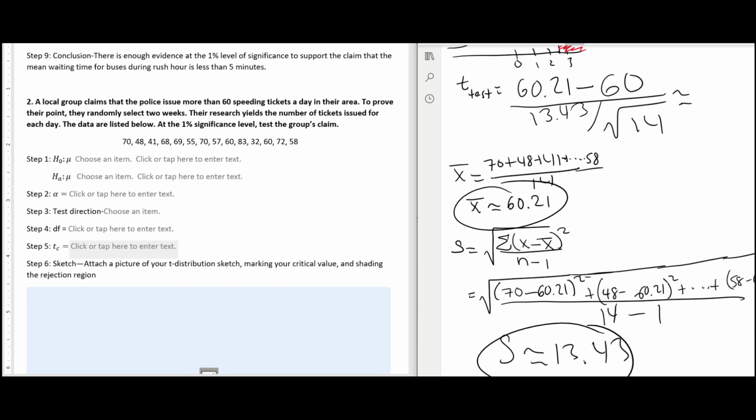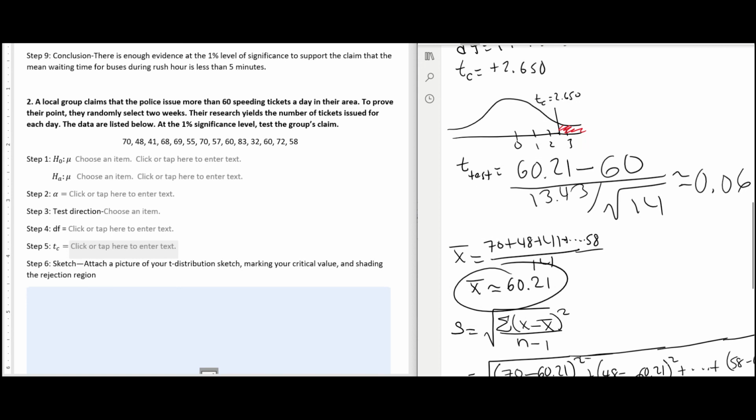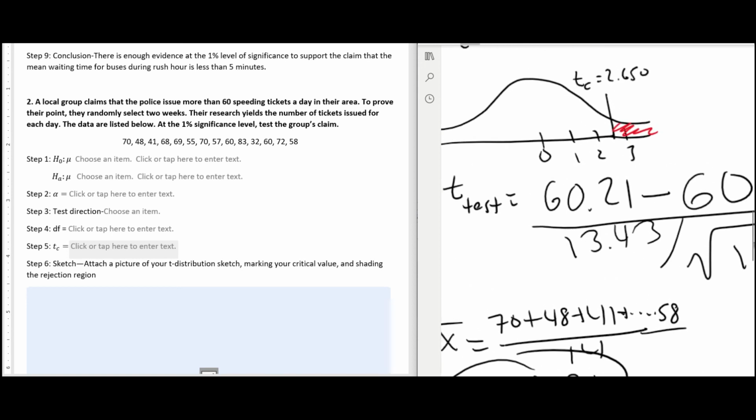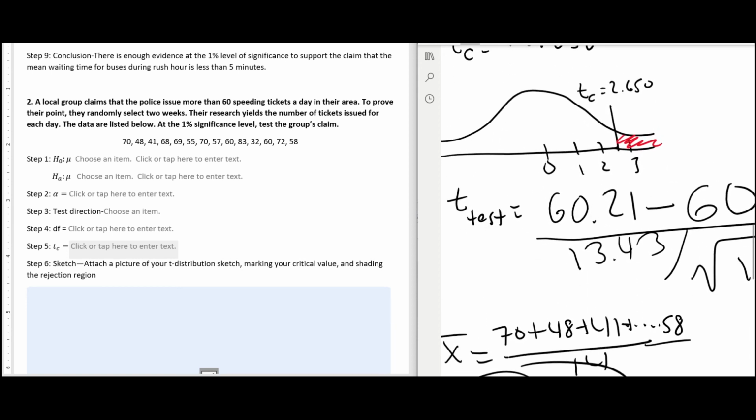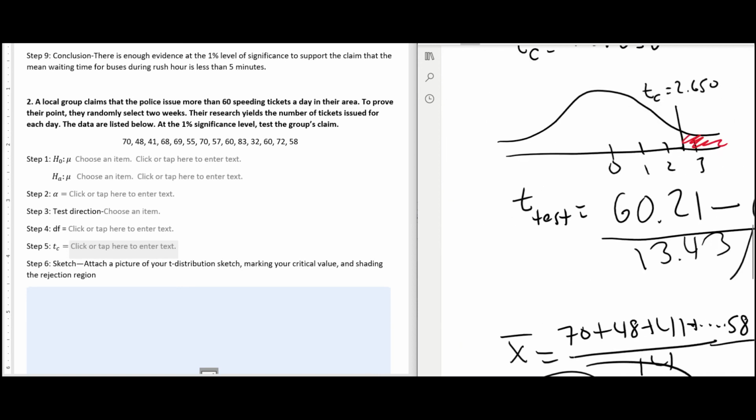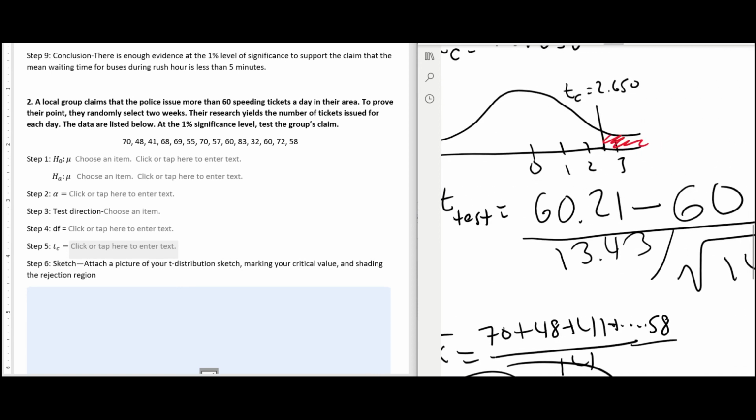All right, so I went ahead and calculated the t-test. So that's going to be 0.06. If you round that to the nearest hundredth, you get 0.06. So that's our t-test. So now if we label that, that's actually close to 0, right? So 0.06 is actually over here,